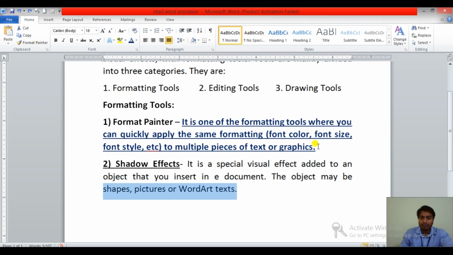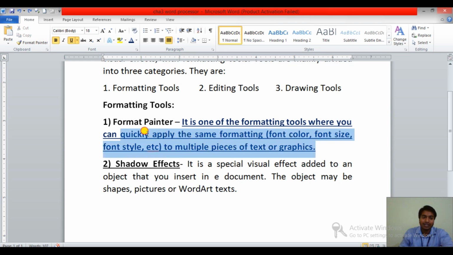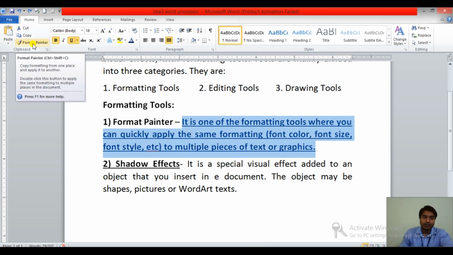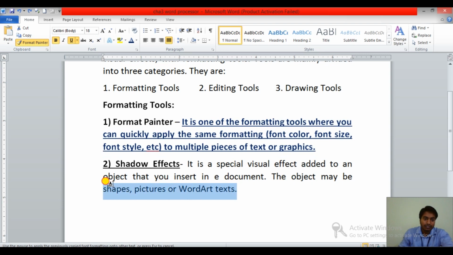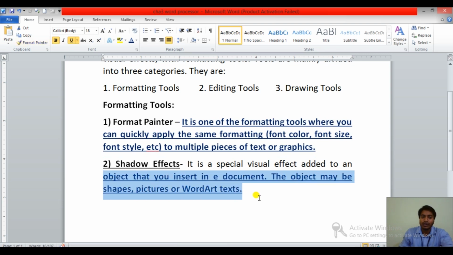Now let's see the step. First you have to select the text or paragraph for format. Okay, then click on Format Painter. As you click, you will notice your mouse pointer changes into paintbrush. Okay, and now drag over the text where you want the same format. Now I am going to drag. Suppose I want till here. Now you can see the format changed now. Okay, this is how you can use Format Painter. I hope it is clear to you.